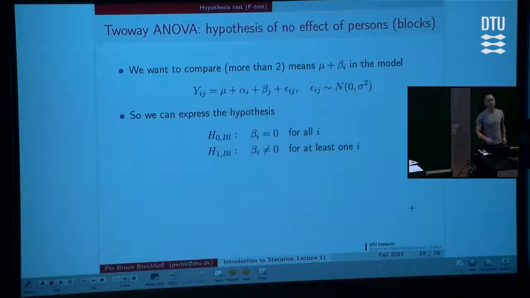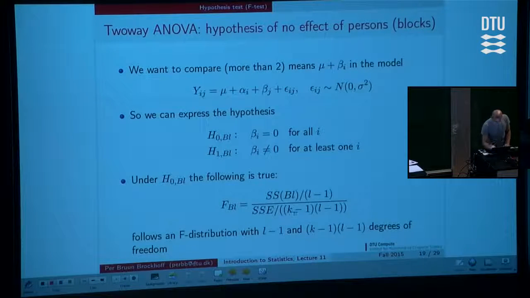Classical hypothesis test thinking. We can also do it, although usually when we perform experiments, this is of secondary importance, but it's kind of symmetric, actually, in the blocks and the treatments. So we could, and for the panel leader at Bang & Olufsen, sometimes it's nice to know, are my persons really different? Are my blocks different? I could ask that question also and get the answer similarly, right? We just need the right F distribution. So we would go MS block divided by MSE. We just do the same thing twice. And then we collect,